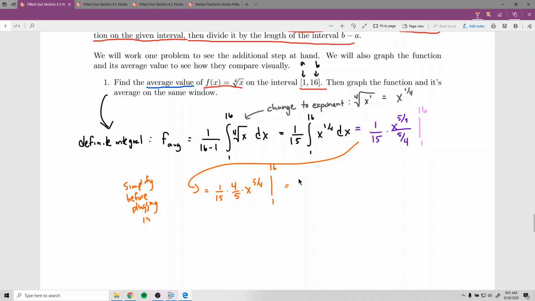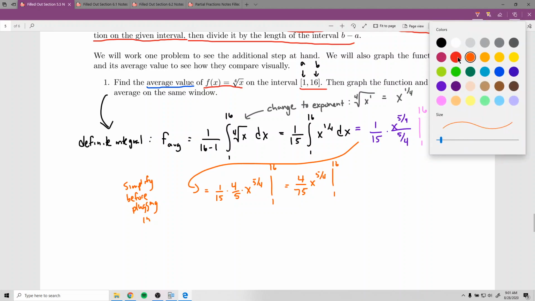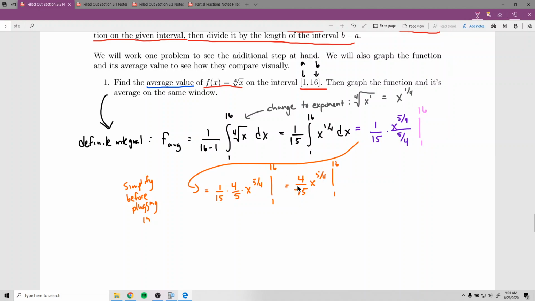The top, 1 times 4, is 4. The bottom, 15 times 5, is 75. Okay. But this is totally simplified. There's nothing possibly more you could do here. Now I'm going to plug in and evaluate. So we plug in our top number, subtract, plug in our bottom number,